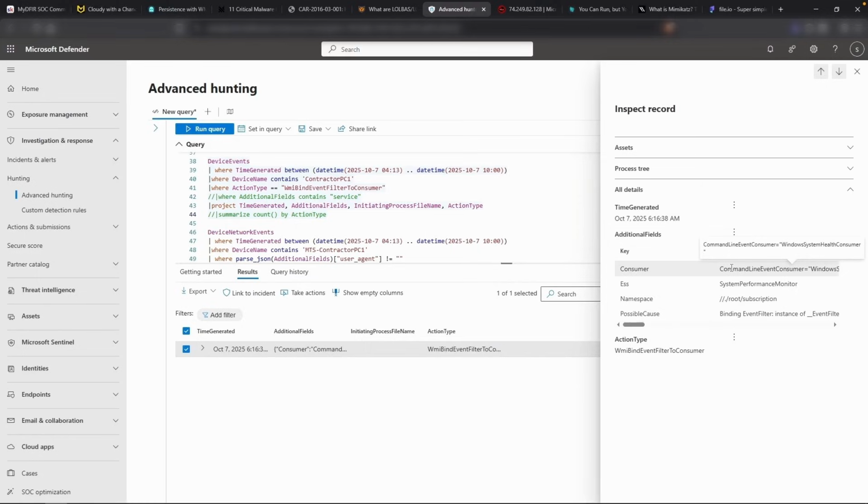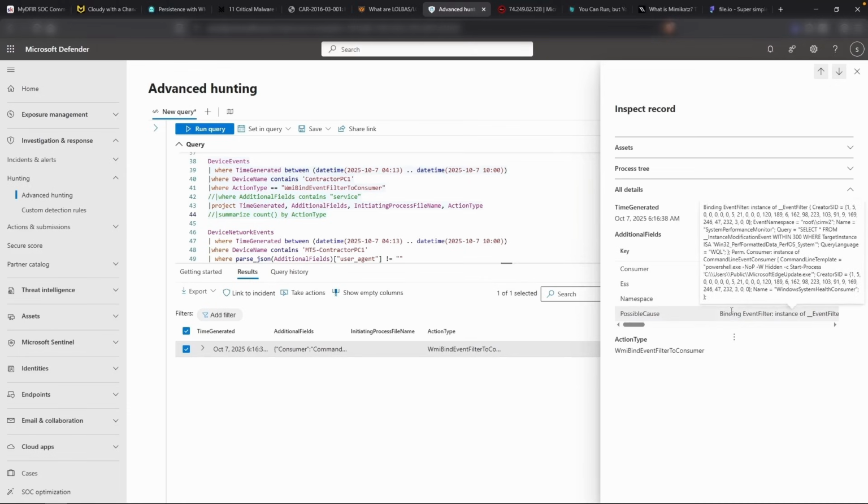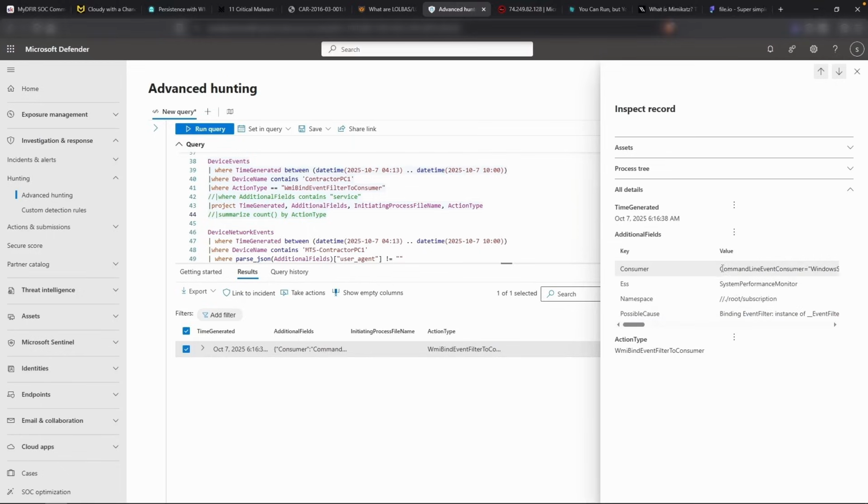But what exactly does this do? Well, if we go over to possible cause, we get a bunch of information here. What I want you to take a look at is the command line event consumer. You can see that PowerShell is being spawned, and it does that start process again that we identified earlier, where it's starting the process of Microsoft Edge update.exe under the C users public directory. So we know that this, in fact, is actually another persistence mechanism, where the consumer name, again, is Windows System